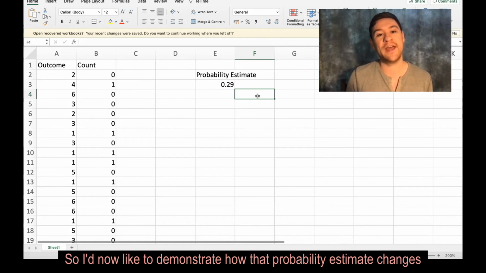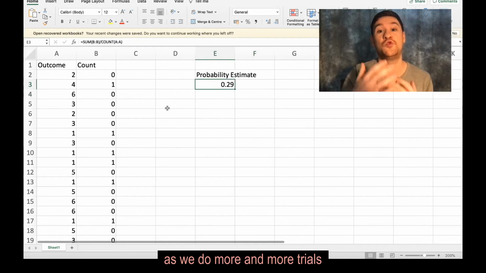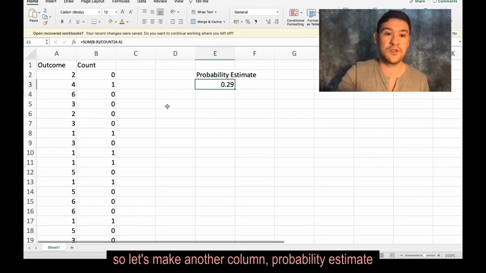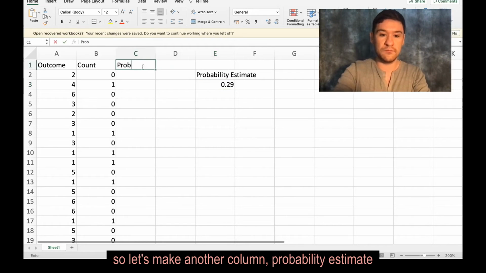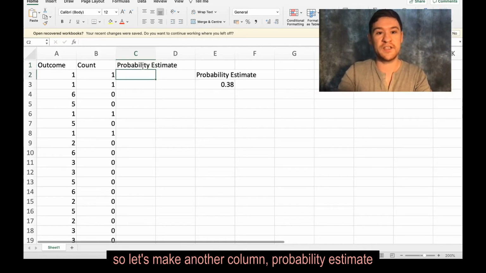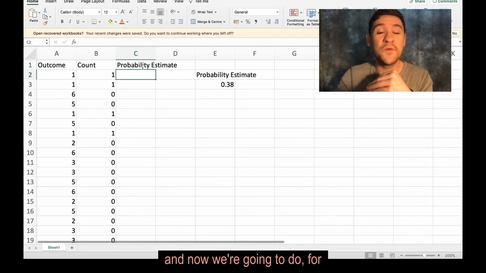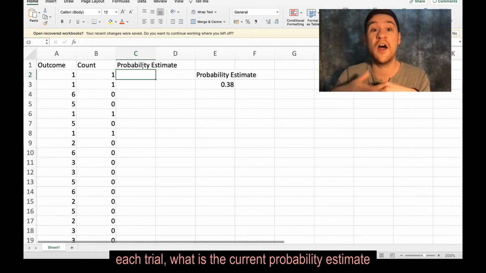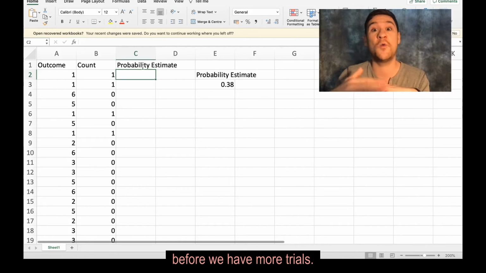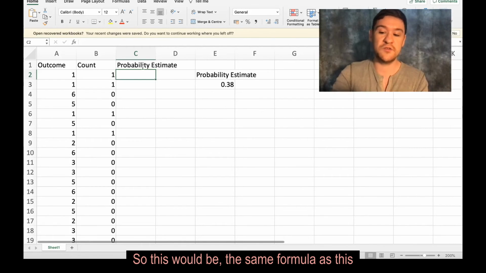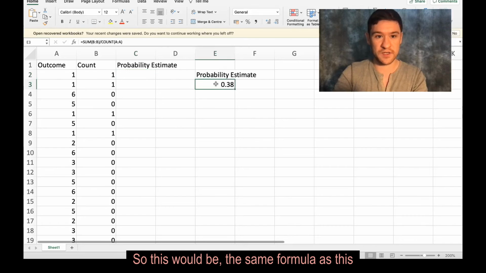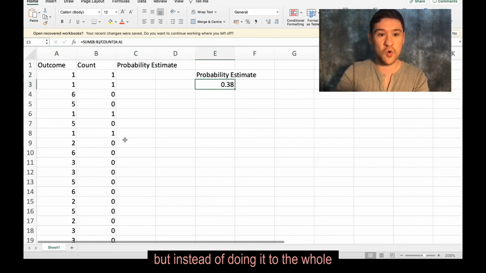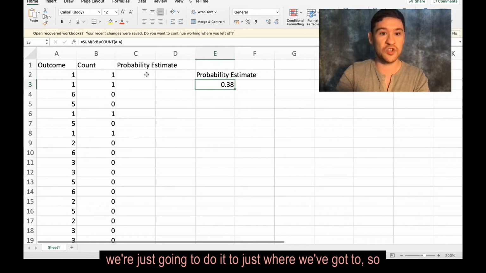So I'd now like to demonstrate how that probability estimate changes as we do more and more trials. So let's make another column, probability estimate. And now for each trial, we're going to calculate what the current probability estimate is before we have more trials. So this would be the same formula as this, but instead of doing it for the whole column, we're going to do it to just where we've got to.